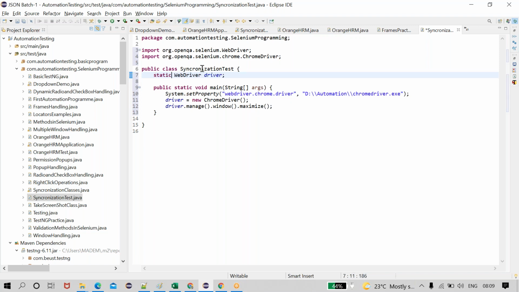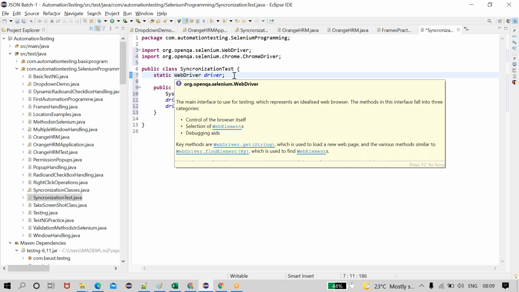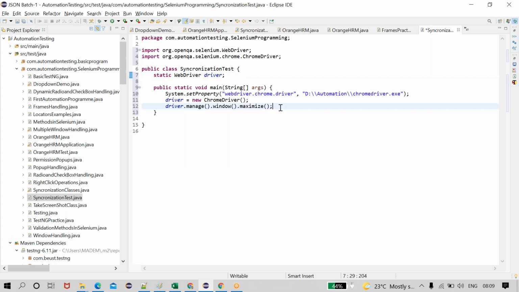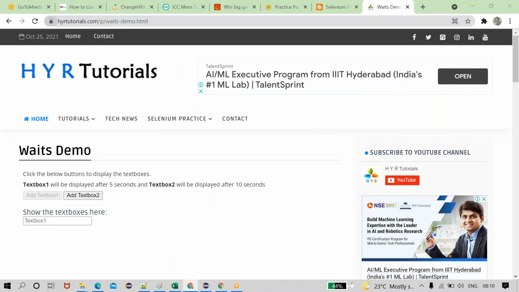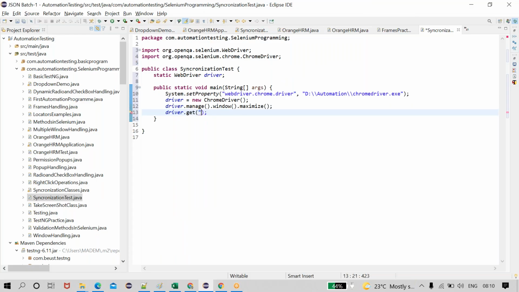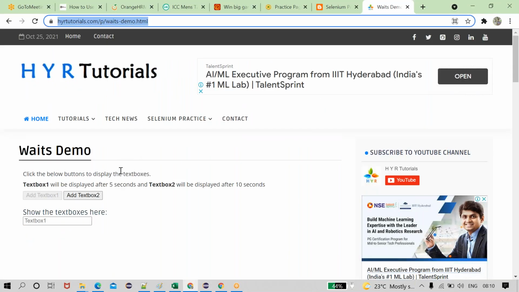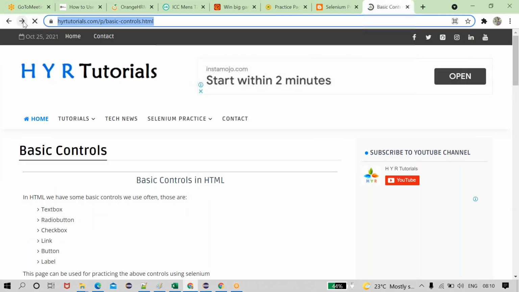In the static area, non-static methods can be called by using the static keyword, or we need to create the object for the static. We already discussed. Driver.get, see, I am taking this URL. Then after that, we are going to validate the implicit wait and explicit wait conditions of this page.